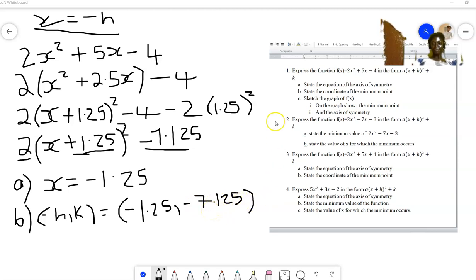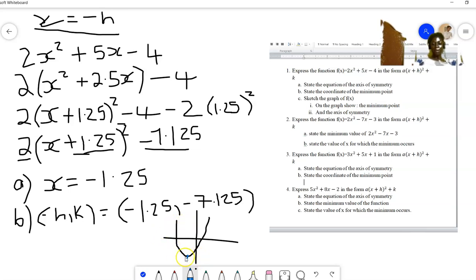Part C says to sketch the graph of the function, and on the graph you should show the minimum point and the axis of symmetry. It is a sketch, it doesn't need to be exact, you just need to show what they ask for. So draw your two axes, and they say negative 1.25. Alright, so from this graph we should realize that the minimum point is right down here. Because it is a sketch,